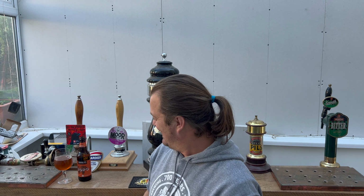Scotland, Julie. Look at this. Chinook, Cascade and Amarillo. Wow. They almost sound like old school hops these days, don't they? Chinook, Cascade. Oh, I love it. It's brilliant. It almost feels like, dare I say it, my era of beer. Terrible thing to say because it letterboxes me, it pigeonholes me, doesn't it, in a certain way. But yeah, Cascade, Chinook,